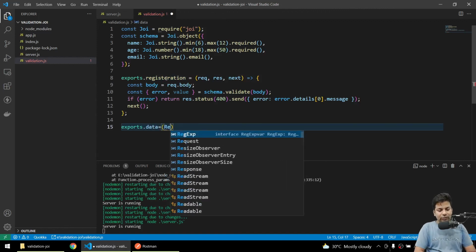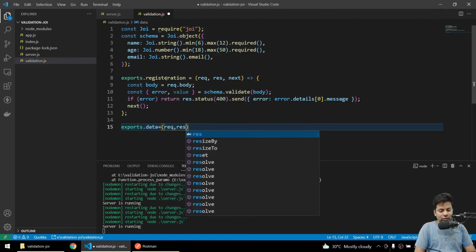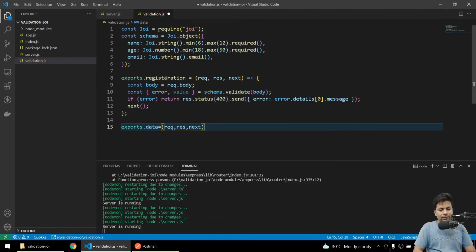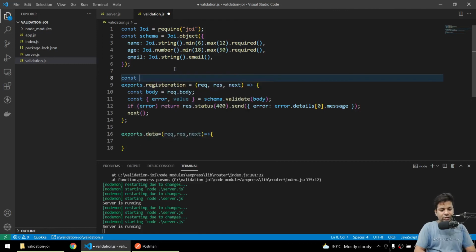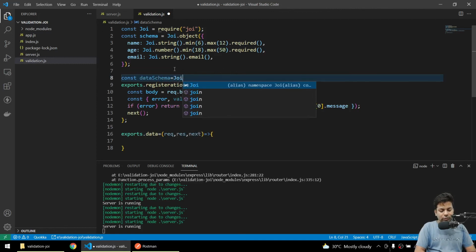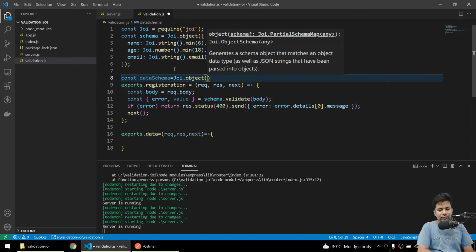And here we'll have request, response, next. Now firstly here we define a schema, we'll say constant data schema, and here we'll say Joi dot object, or you can define all your schema in a file and just import it here. So let's just make it like this.